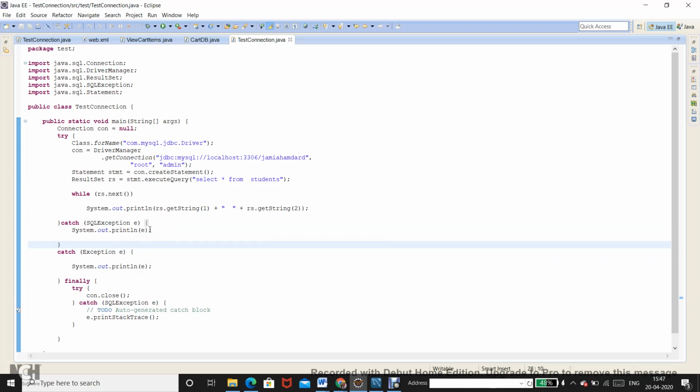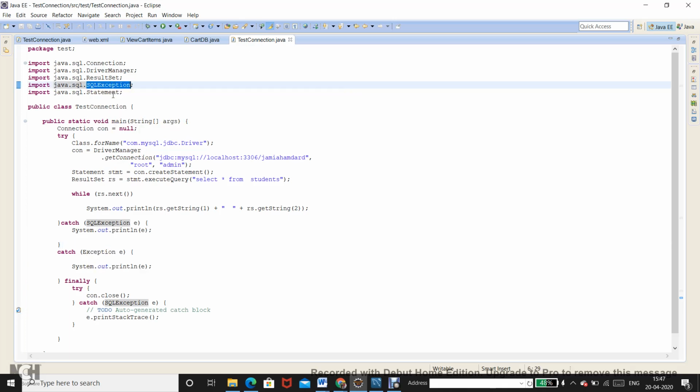Any exception that comes from the SQL operations should be caught separately, and that is why we have imported this SQLException over here. Apart from that, if anything else comes, I am just catching it inside Exception.